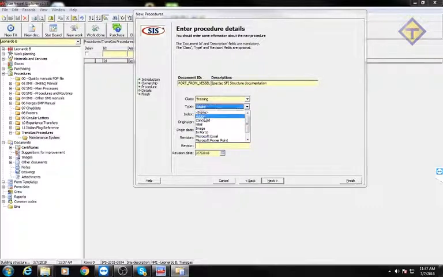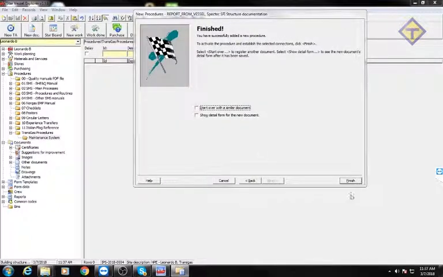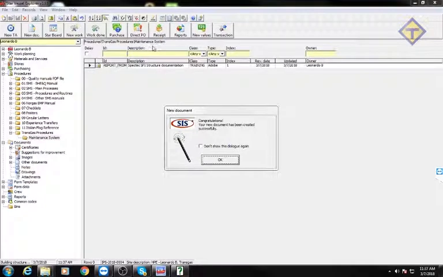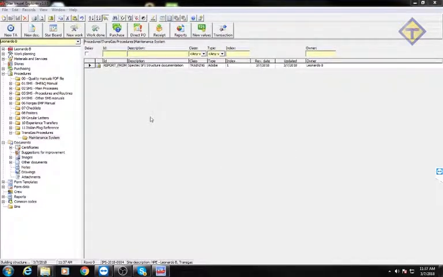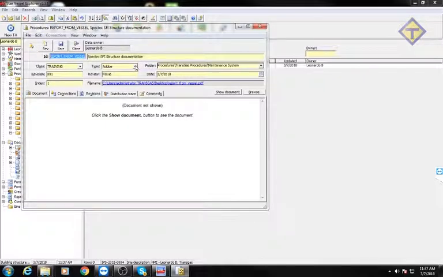This is the Adobe Photoshop. I can put an index if I want, something that I can use as a filter. I'm going to create that today. I'm the revisor. And there is my item. I can open that,